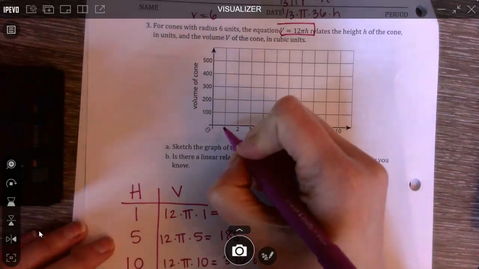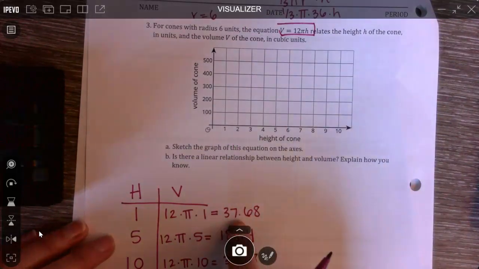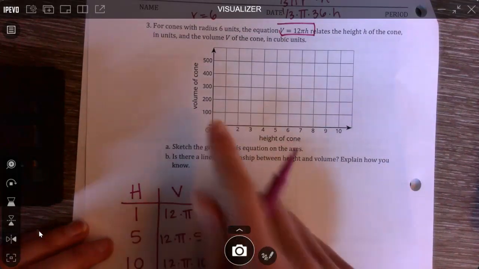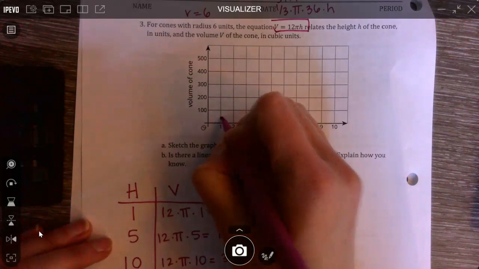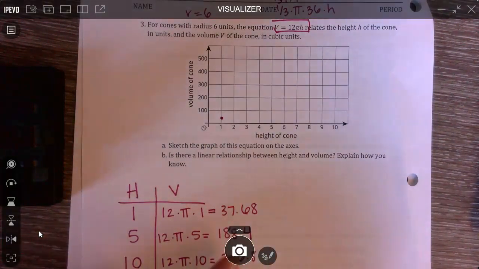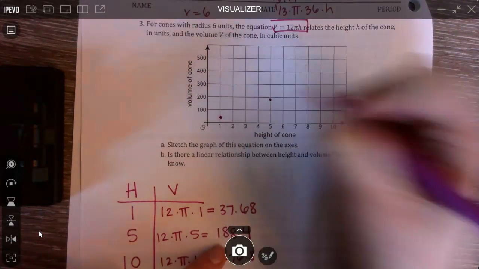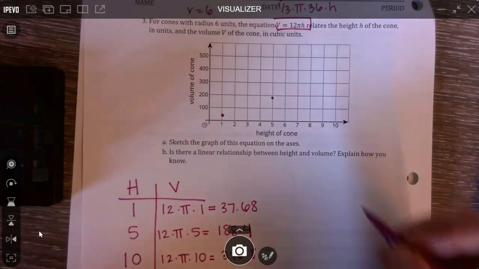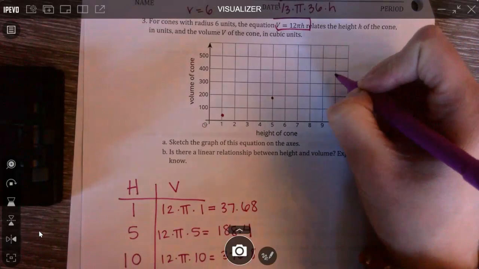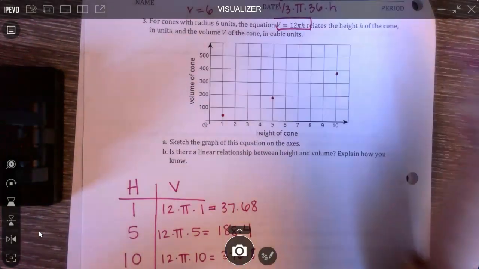When h is 1, it's 37. So think about, where does 37 compare to 100? It's about 1/3 of the way. So this isn't perfect. It's a sketch. Then when height is 5, it's 188. So a little bit under 200. And then when the height is 10, it's 376. So a bit under 400. Okay, then